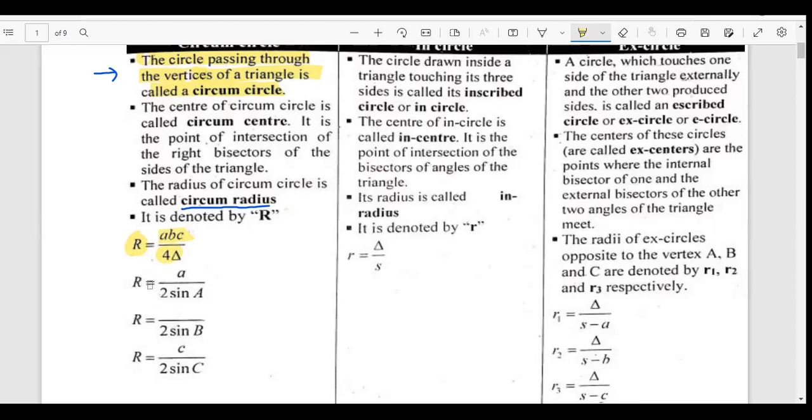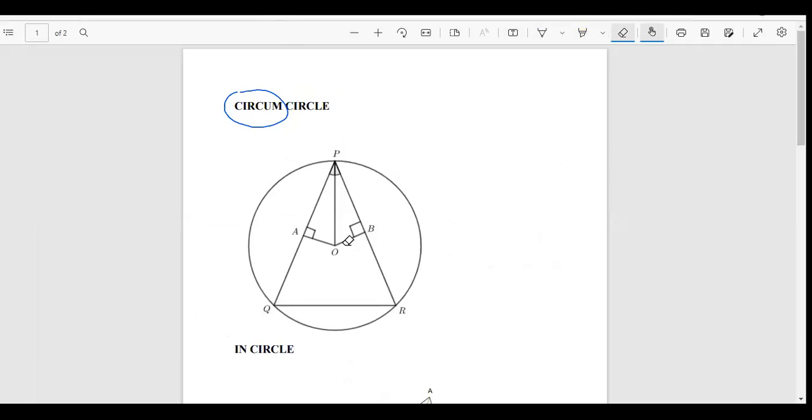उसके बाद दूसरा क्या तरीका है? दूसरा तरीका ये कि आपके पास साइड a है और आपके पास एंगल A है, तो आपने a डिवाइडेड बाय 2 टाइम्स sin A करना है। ये अच्छे तरीके से समझ में आ जाएंगे व्हेन वी विल बी यूजिंग दीज। थर्ड फॉर्मूला क्या है? स्मॉल b डिवाइड बाय 2 sin B।